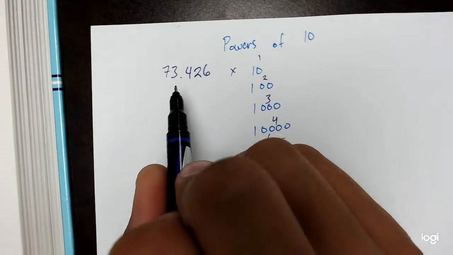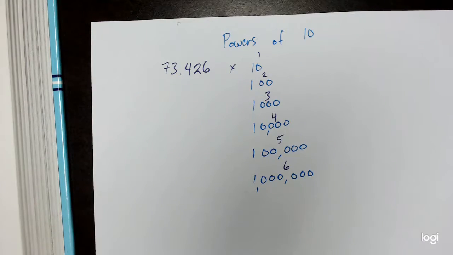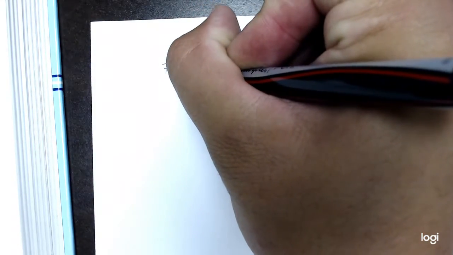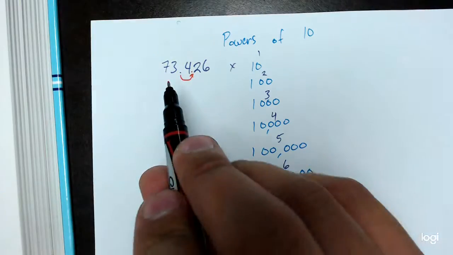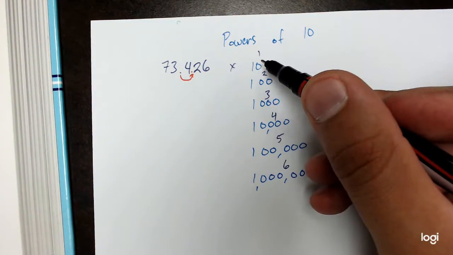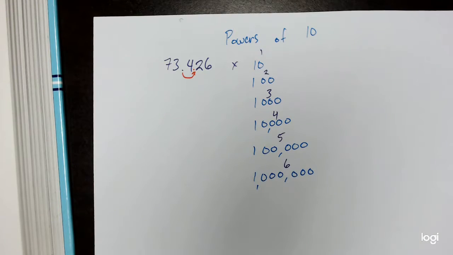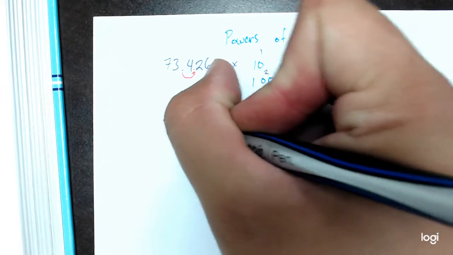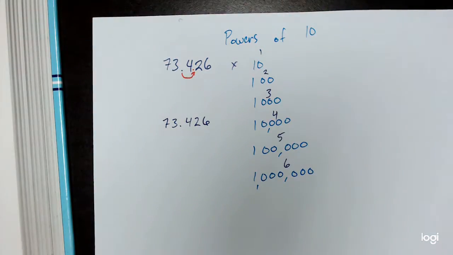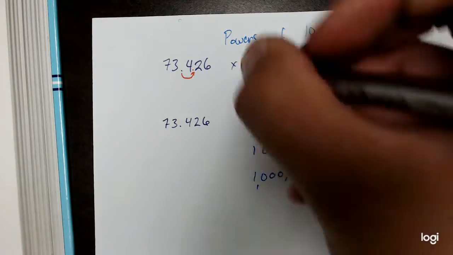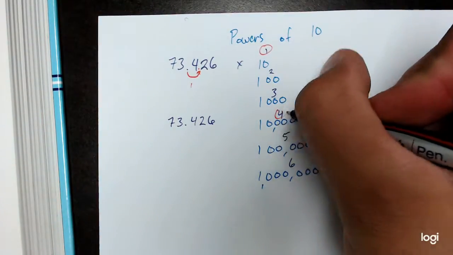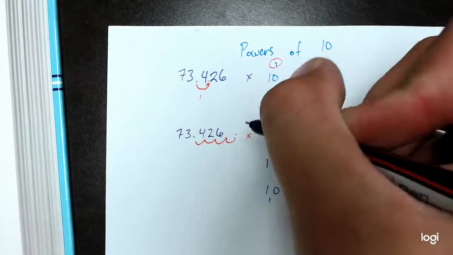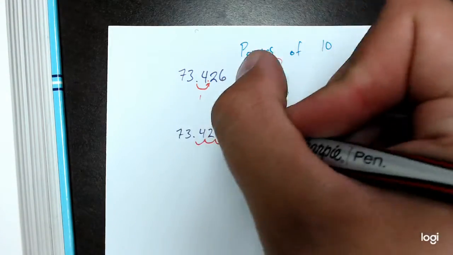Well, it will get bigger by exactly 1 decimal place. So to multiply by a power of 10, all we have to do is move the decimal place. And if we're multiplying this by 10, it's going to move 1 place, or 1 zero. If we were to take this same number and multiply it by, say, 10,000, it would actually move 4 zeros, right? So this is 1 place, and if we multiply it by 10,000, it would move 1, 2, 3, 4. And then I would have to add a 0 there, which means that the answer would be